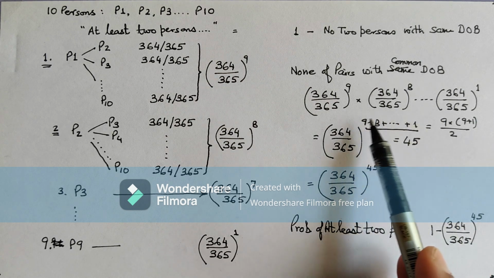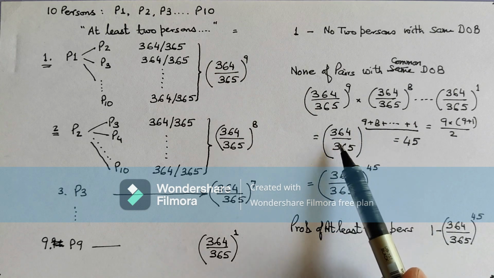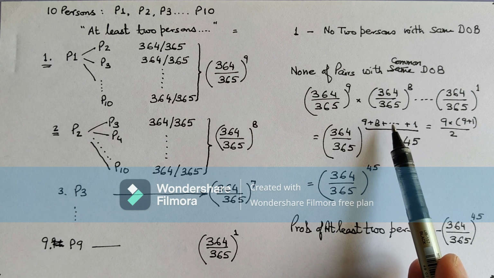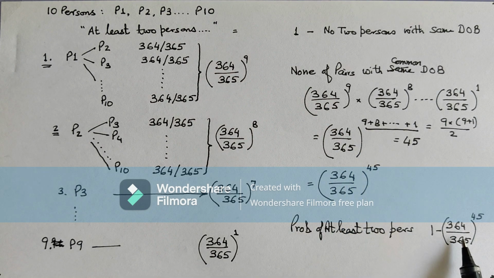This is a very large number, hence 364 by 365 raised to that power will be a very small number, and 1 minus that very small number will be very close to 1, but as you can see it is not